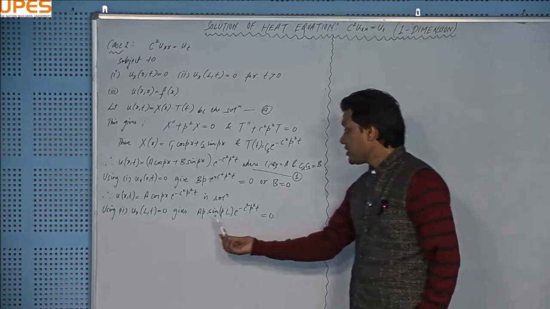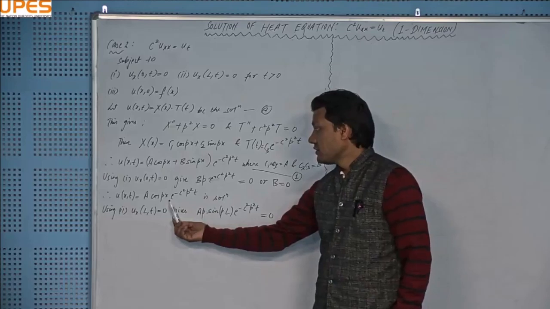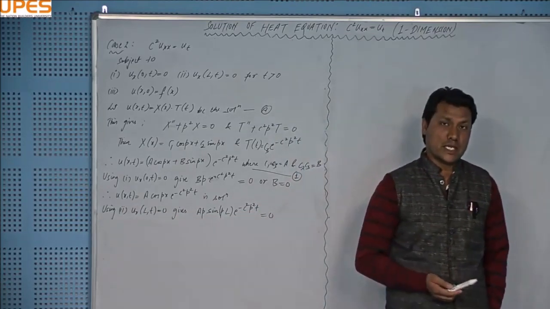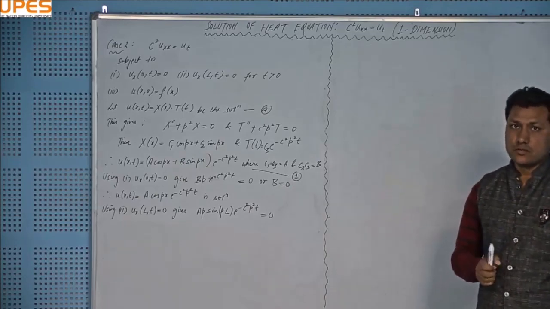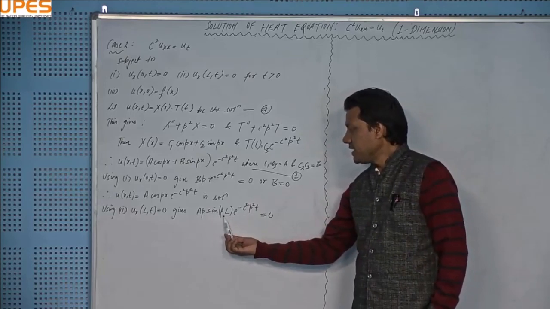So taking p equal to 0 will not be a good choice, because putting p equal to 0 here will produce u equal to a constant solution, right? And that is not a robust solution, not a strong solution. So you have to take sin pl equal to 0,